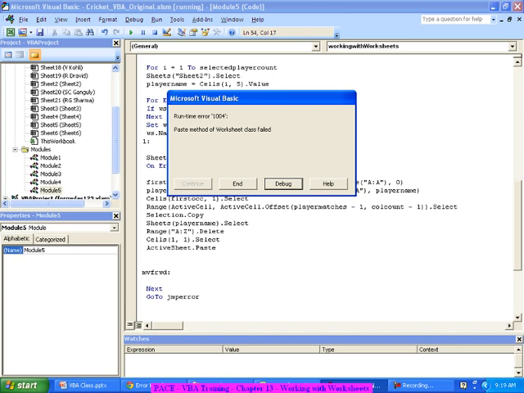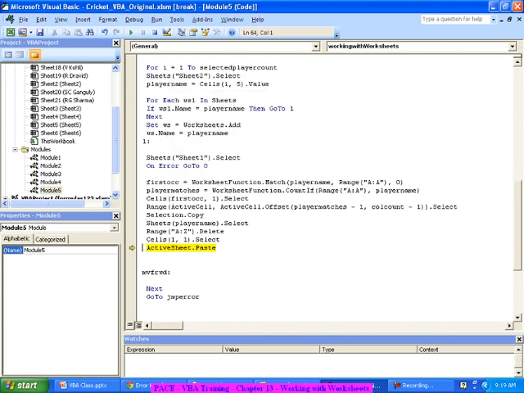Paste method of worksheet class failed. Oh, after I delete, I cannot paste it, right? Because of this delete. So what we should do is,